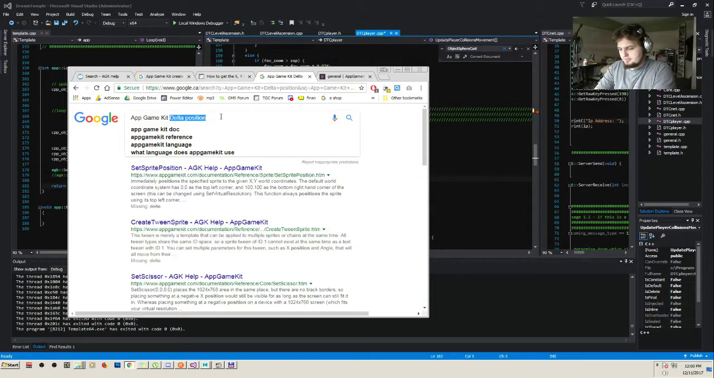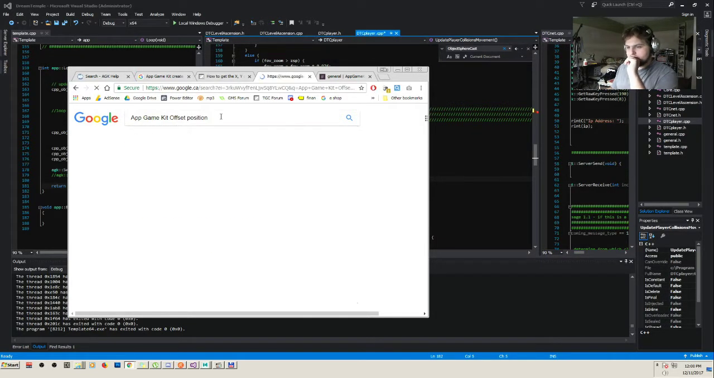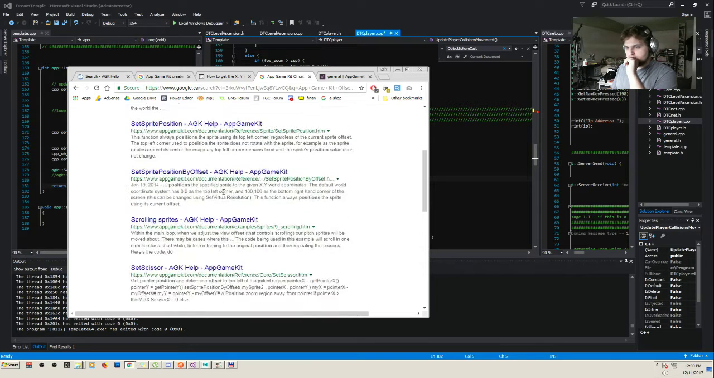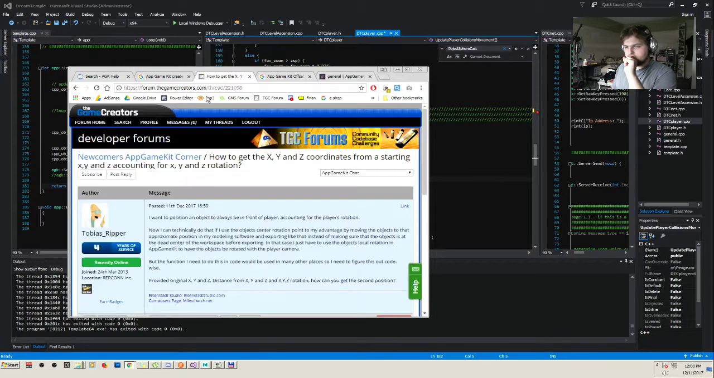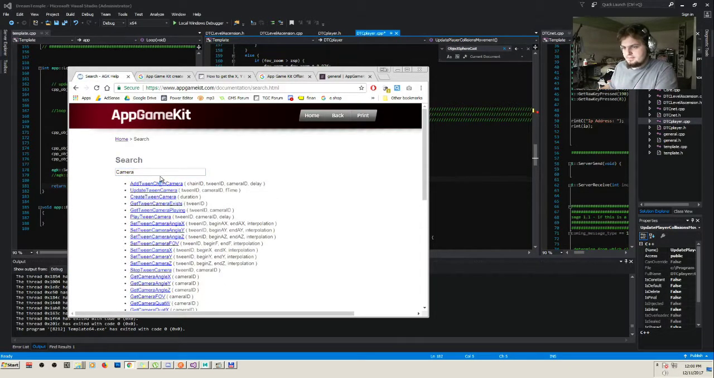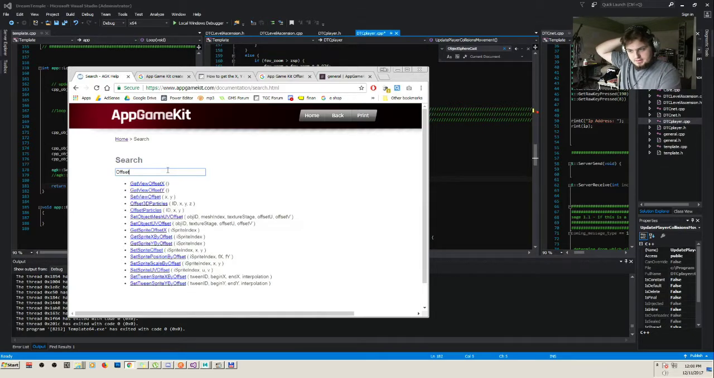Get offset position. Not sprite position, but offset. Offset 3D particles, close but no cigar. Offset sprite, that's not it. Man, I can offset an object. But